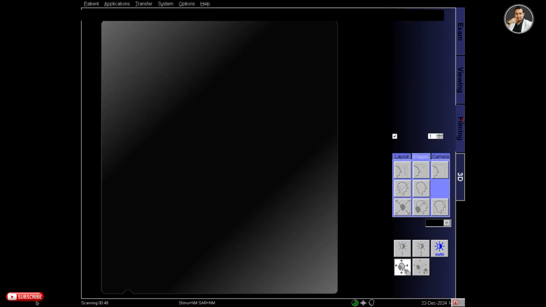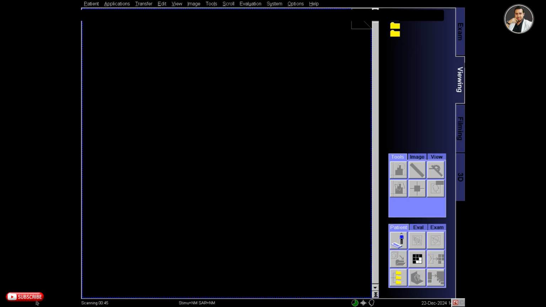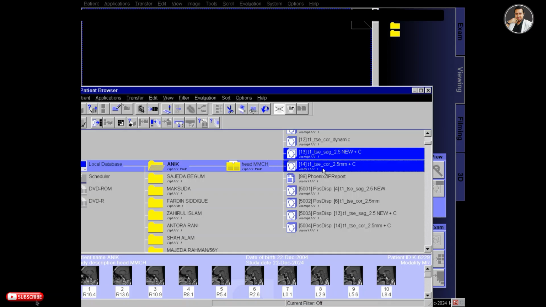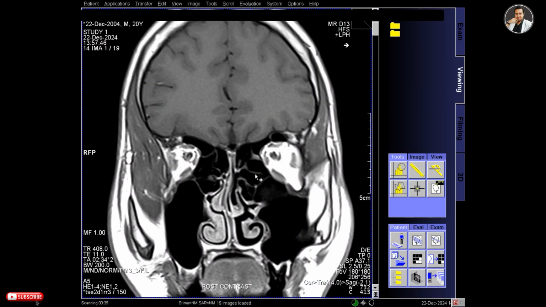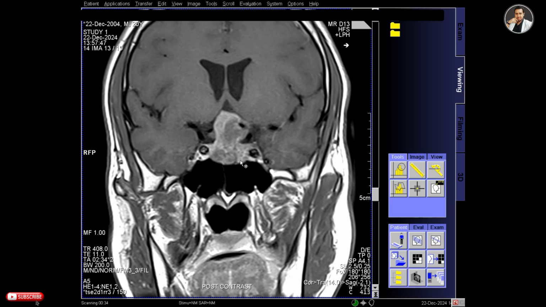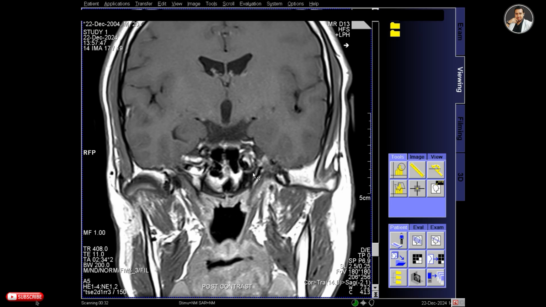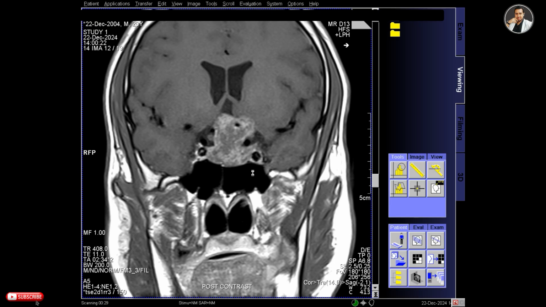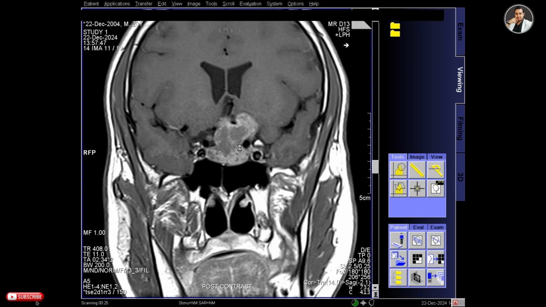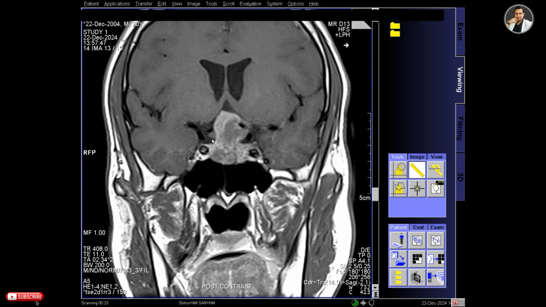So it's not working, it's not sending to filming. So I have to close the patient from the viewing and again load in the viewing tab, and I have to measure again. Use the scale and I have to measure again the lesion.